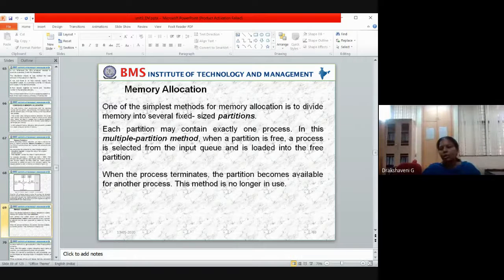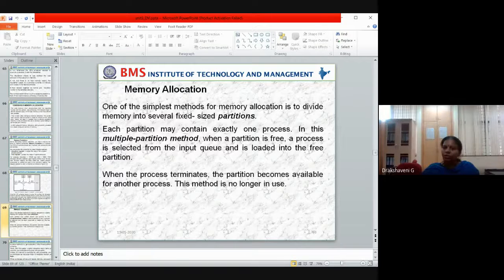Next we move on to memory allocation. What does allocation mean? Take a timetable. How many days do we have? 5.5, with Saturdays a half day. Then how many hours is each staff or each subject allocated? Are 4 hours given to one staff? No. One hour for one staff, the next hour for the next staff. Like this it is allocated. Allocation means giving some time. In the same way, for memory allocation we also have this problem.